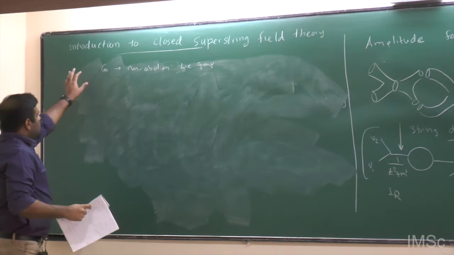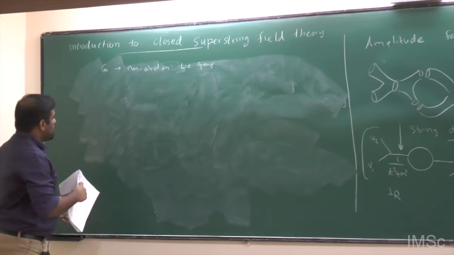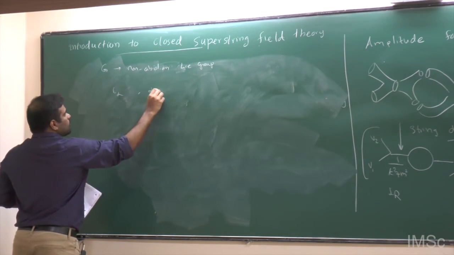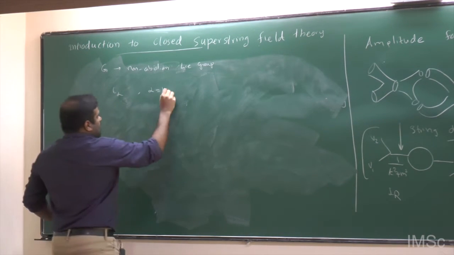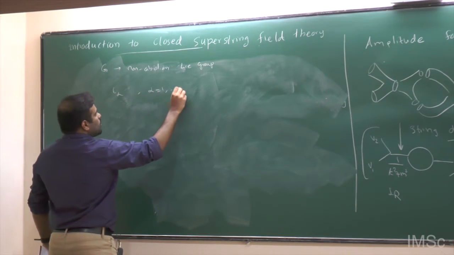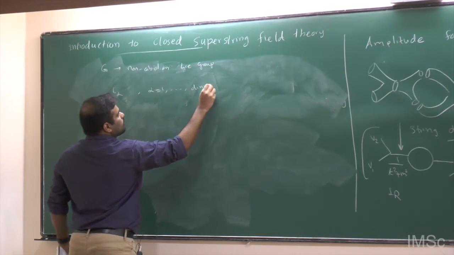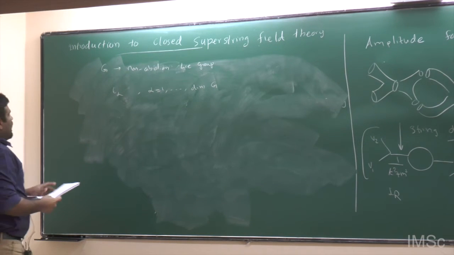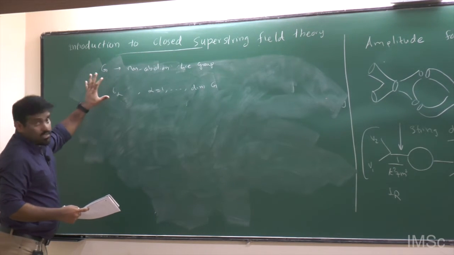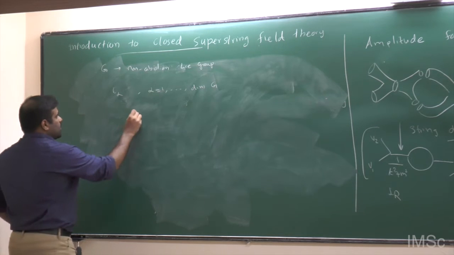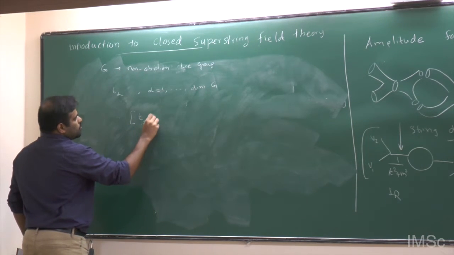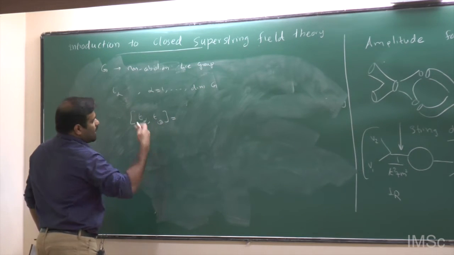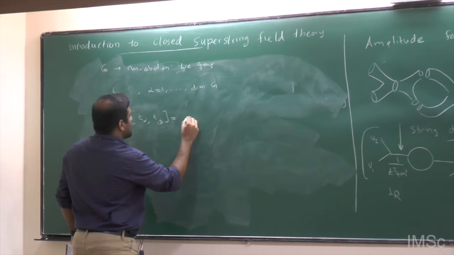So look into the Lie algebra for this group G, and I denote the generators as T alpha. And alpha is an index that runs from 1 to the dimension of the group. And I assume that the Lie algebra is a closed one. That means if I consider the commutator of two generators, that again produces another generator.